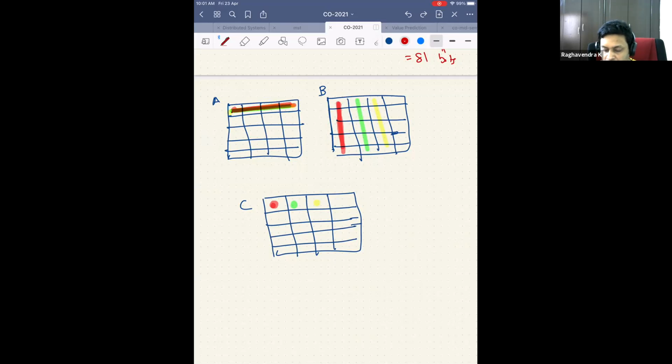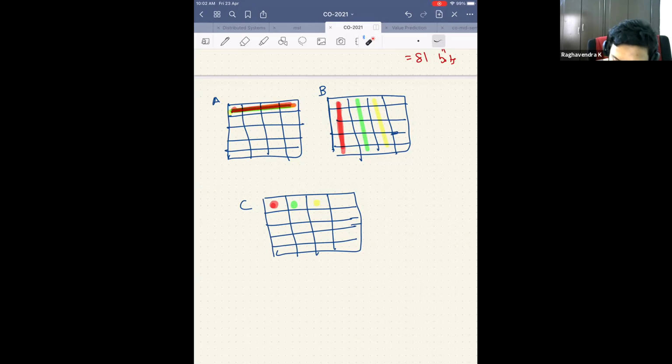So what do you do now? Let's say I can't even fit this particular row in the cache, nor this, nor this. I can only fit some amount of them in the cache. So what is happening when I'm reading this and multiplying this? Let's say I am multiplying these two initially. These two are misses, compulsory misses. Then these two are misses, compulsory misses. Then these are misses, compulsory misses.